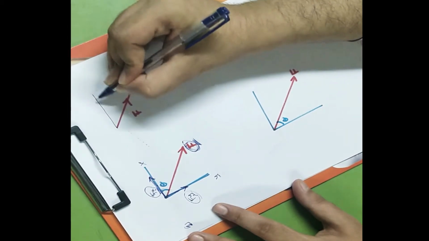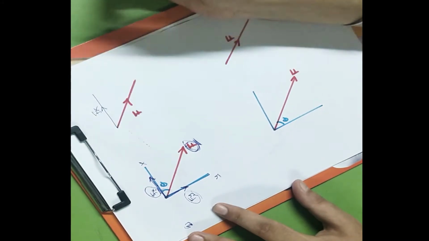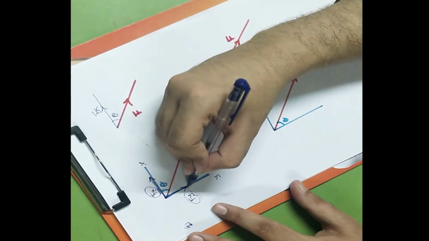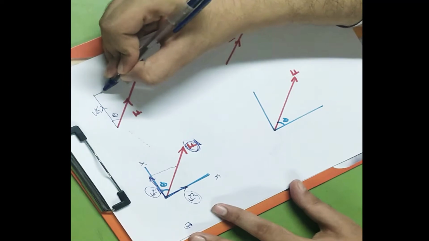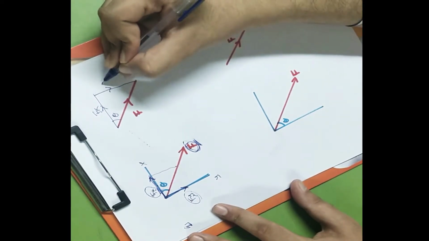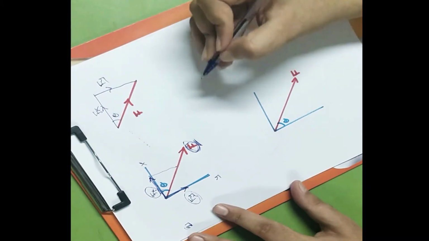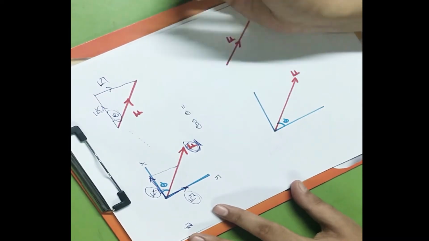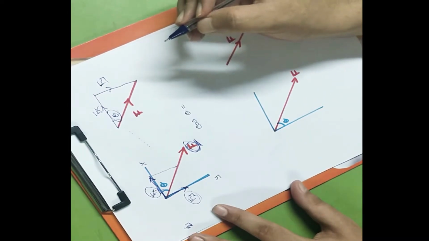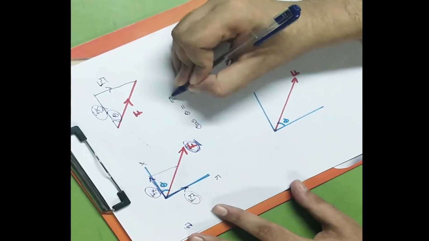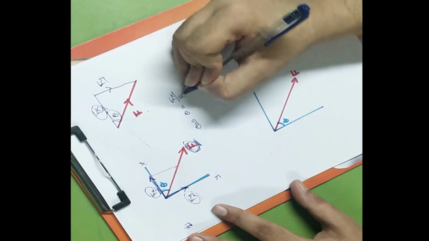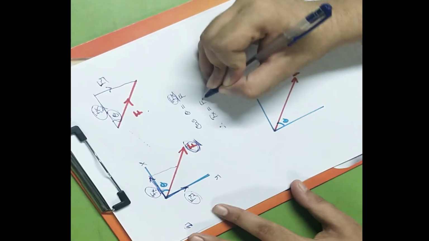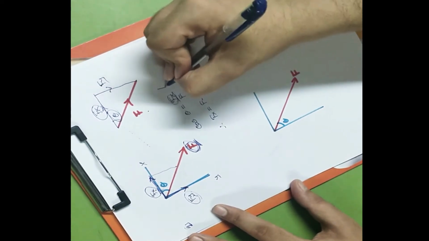So here I'll keep Fx as it is. This force will be the x component of the force F, and F is making angle theta with respect to Fx, and then this Fy I'll draw here. When I draw a straight line over here, this downward force is Fy. Now for this theta, if I want to find cos theta, then cos is nothing but adjacent upon hypotenuse. So adjacent is Fx, here I'll write Fx, and hypotenuse is F. From this, can I say that Fx is equal to F cos theta.